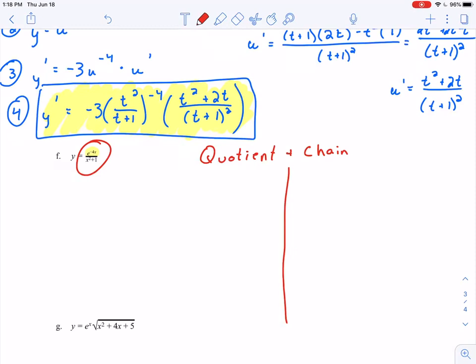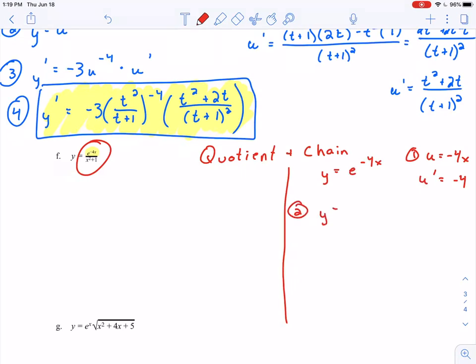So my chain rule, let's just look at that numerator for a moment here. I'm just going to look at y equals e to the negative 4x power. Let's just focus on that. So I need to find u and u prime. That's my first step. So u, that's going to be my power right here. That's going to be negative 4x. u prime, the derivative, would just be negative 4. So this is step 1. Step 2, I'm going to make my